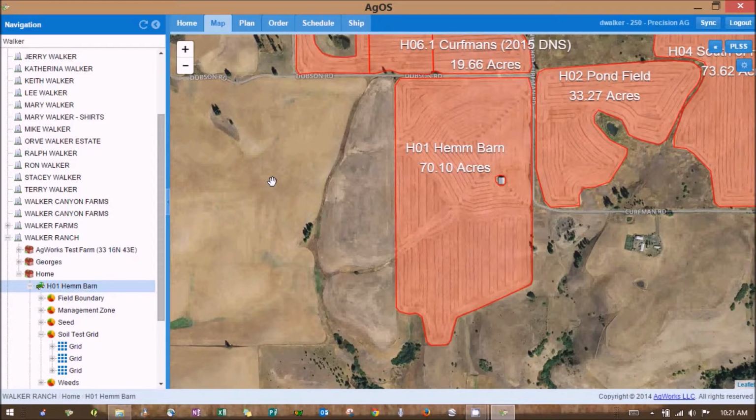So AgWorks made some changes to the interface with AgOS. Makes it a little easier to take soil tests. I thought I'd walk you through that. First thing you're going to want to do in the interface is go find the field that you want,